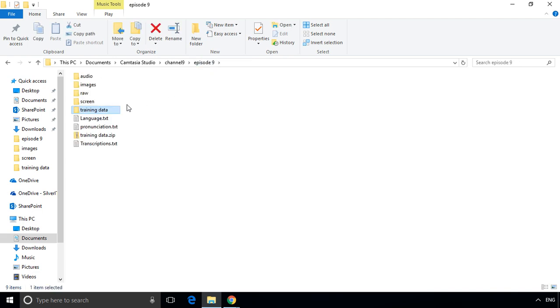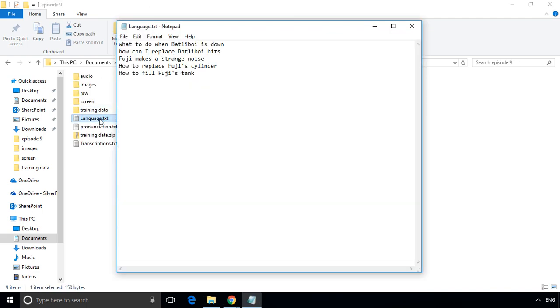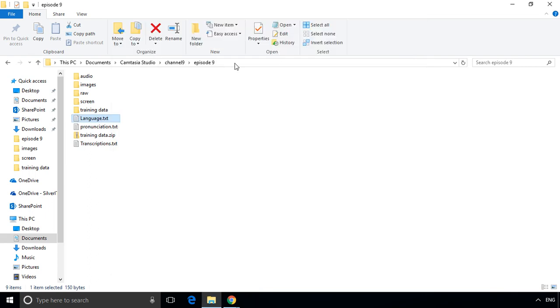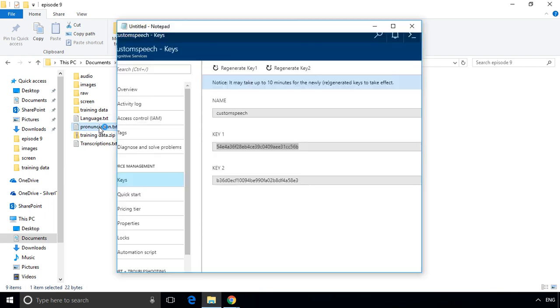Let's have a look at our language data. As explained earlier, the language data is similar to LUIS intents. You should define here the most common phrases your application or bot will be dealing with. Here I just specified a few utterances. Note that it is strongly recommended to define a language model, although this is not mandatory. The only reason why you shouldn't be creating a language model is when you want to have a generic speech recognizer with specific acoustic conditions.